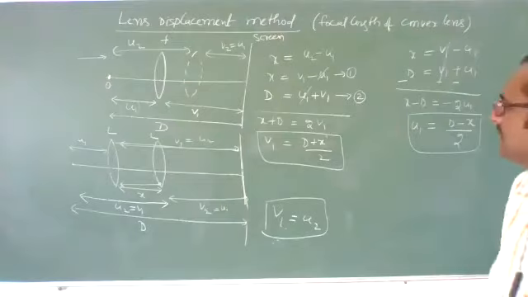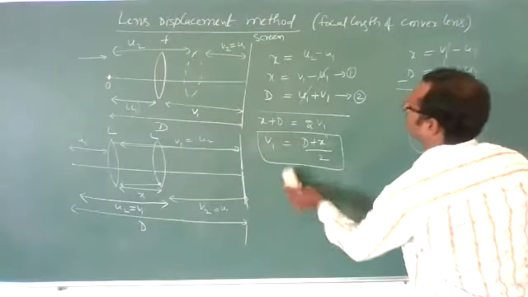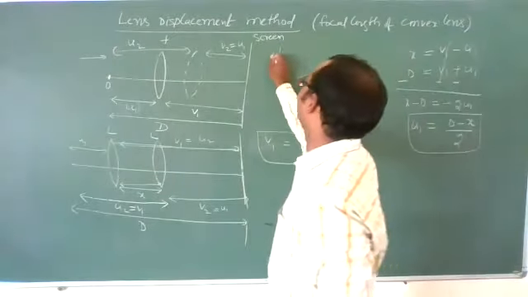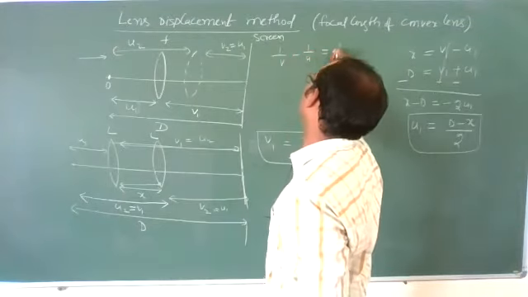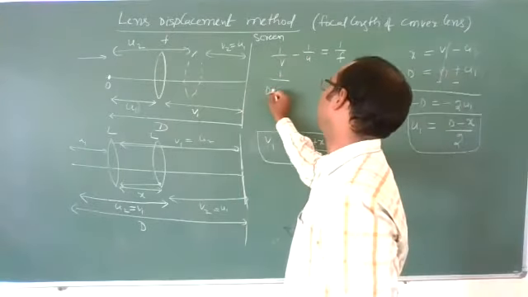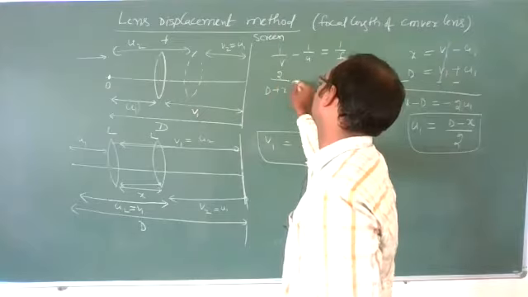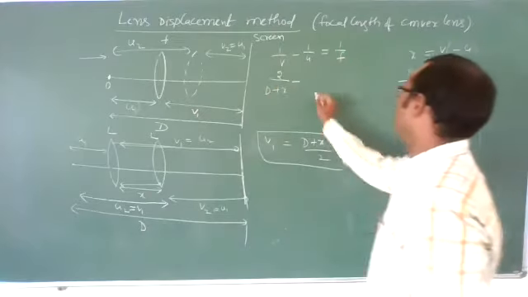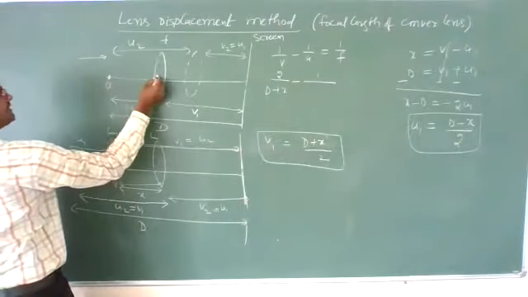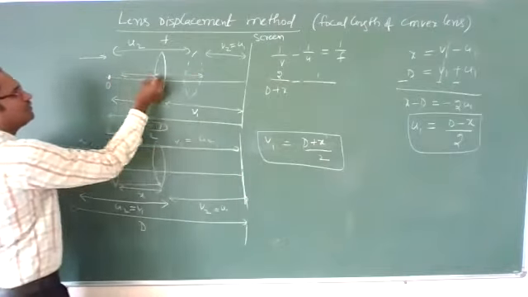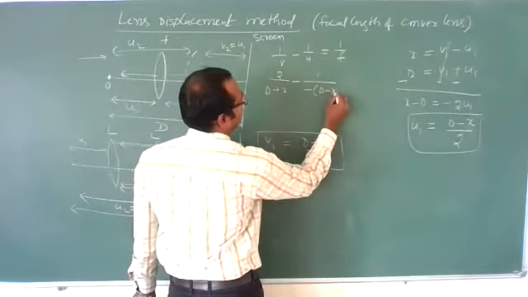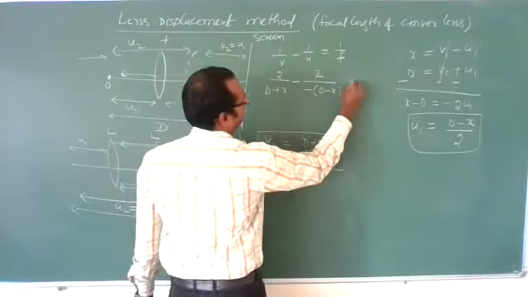Now I need to find the focal length. Now what to do? So I am writing this. I hope you understand this one. I want the focal length. Formula? 1 by v minus 1 by u is equal to 1 by f. The v value I know: D plus x by 2. Correct? Okay? 1 by u. u is on this side, and we should measure like this. v we should measure like this, positive. u we should measure negative. Clear? That means minus times D minus x by 2, is equal to 1 by f.